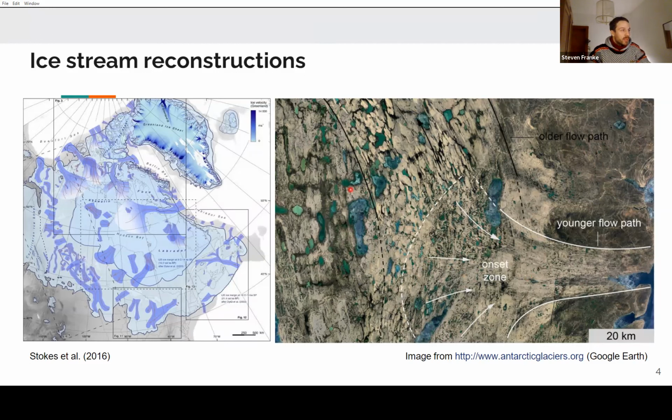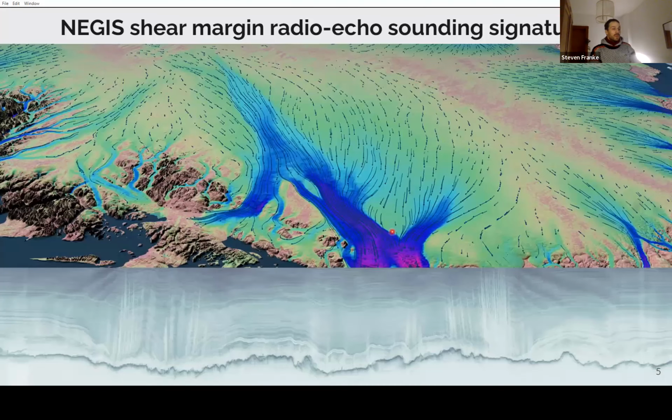But there's a big problem if we want to go back in time and see how ice stream configurations were at still glaciated regions, like the Greenland ice sheet, for example, because the satellite data doesn't go far enough back in time. And we are still not really able to image the bed of ice bodies in such high resolution and extension as, for example, in this satellite image here on the right. So one possibility